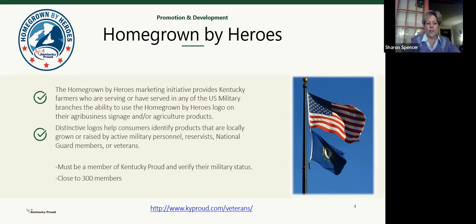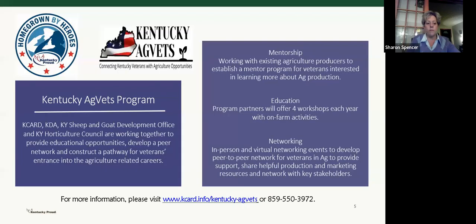And along with this program, there is a logo on the left-hand side at the top of the screen. That is the logo that you can use if you choose to be a Homegrown by Heroes. You've sent your documentation in and you've been accepted into the program. You can use that to distinguish yourself, your farming operation, as a Homegrown by Hero. But part of the Homegrown by Heroes program,